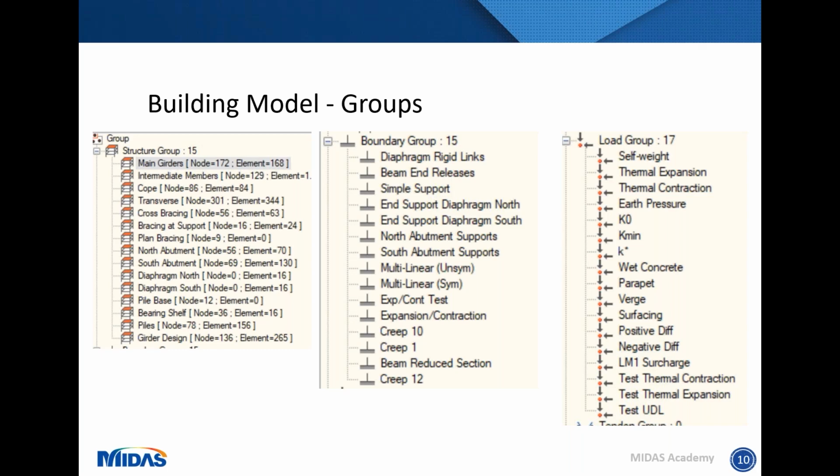So the three main group functions that you have is one for the elements, one for the loads, and one for the boundaries. Shown here are a few different groups that I created for this Whitebridge model. For the size of model that I had at the time, I think especially for the boundary group, most of the groups that are shown there were not strictly necessary. And similarly for the load groups, the groups that were created were not strictly necessary.